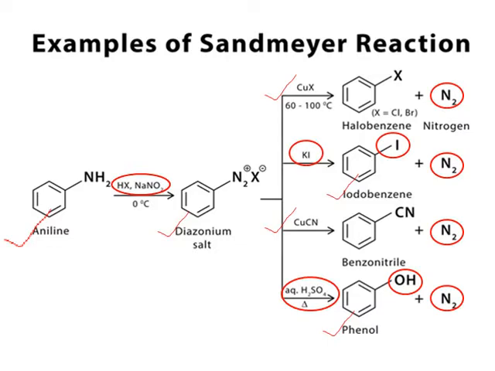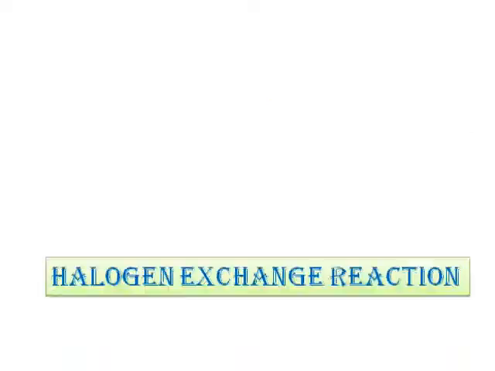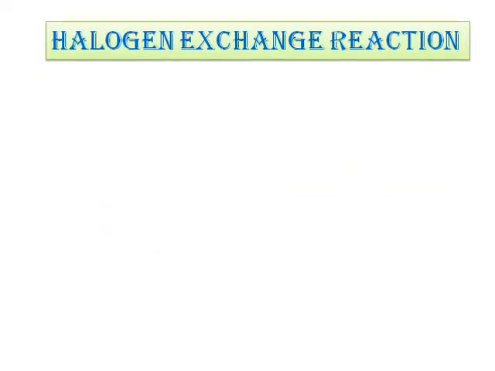Because of the substitution reaction, the electron pair is shifted to the diazonium ion, and it will facilitate the elimination of the nitrogen molecule. This is the reacting center. You see this N2 plus ion is present, and the electron pair shifted to the diazonium ion of the diazonium salt.